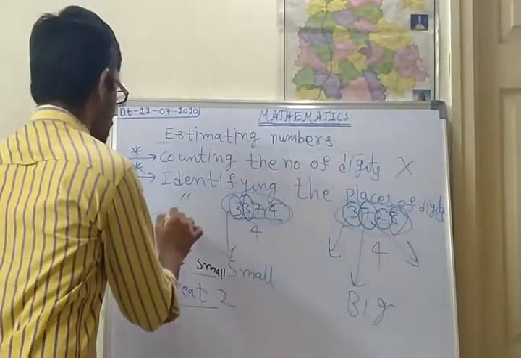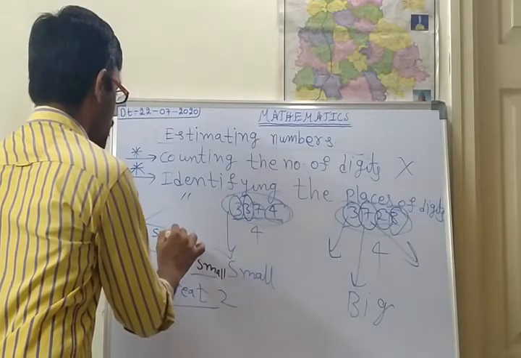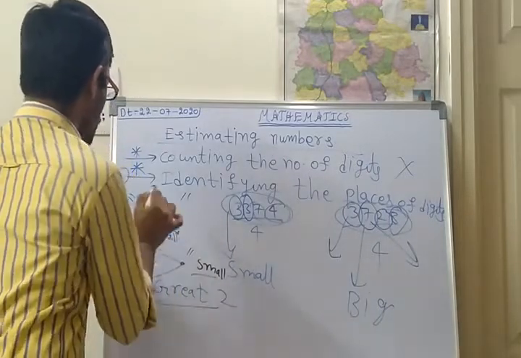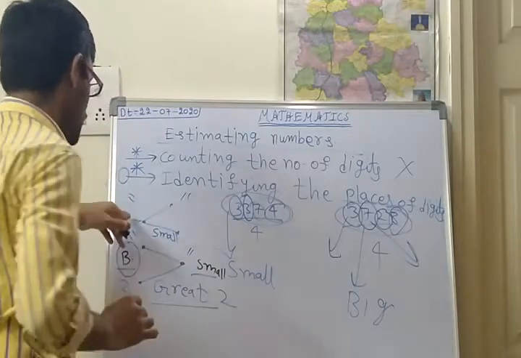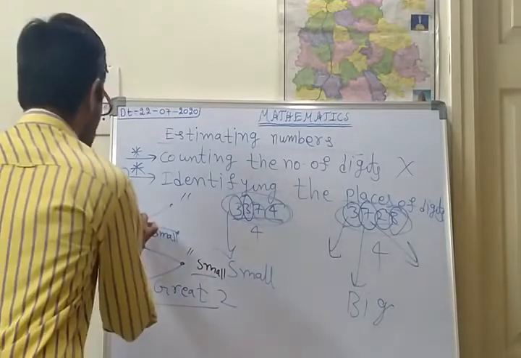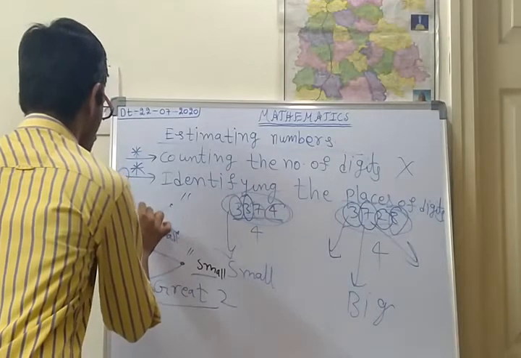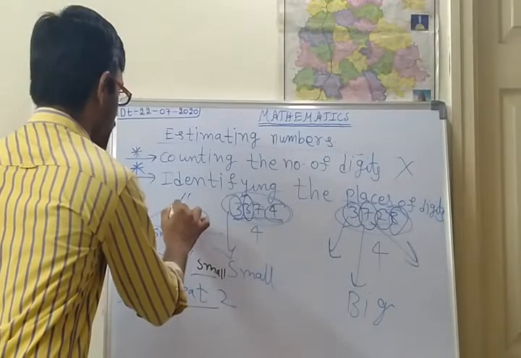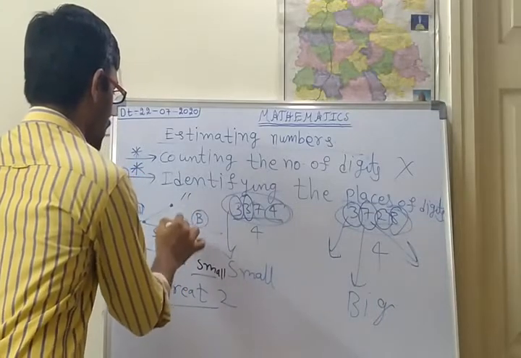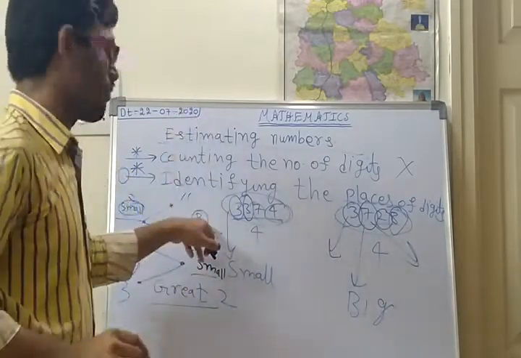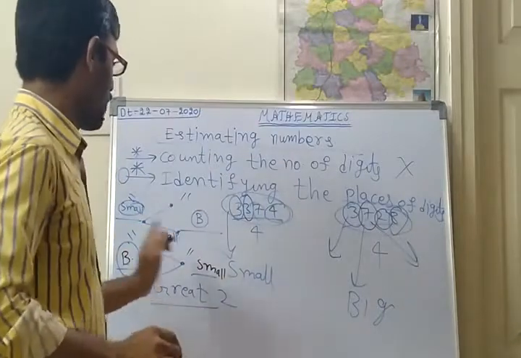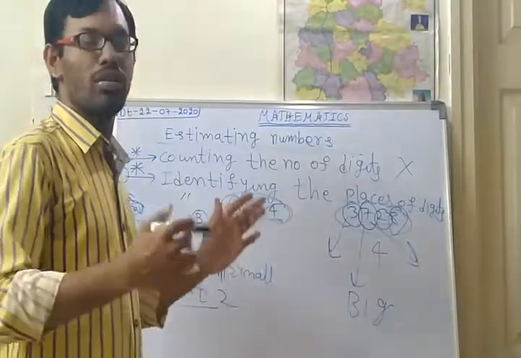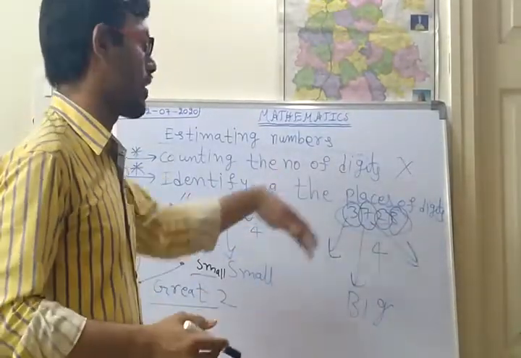This is obviously the smaller than symbol. At the left side only one dot is there, so here the smallest number should be, and here the biggest number should be, because at the right side two dots are there. Okay, like this you have understood in the previous class. Now we shall do some of the exercise part regarding this one.